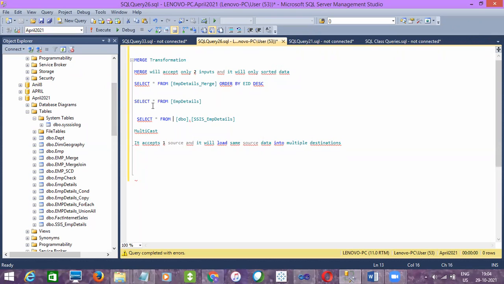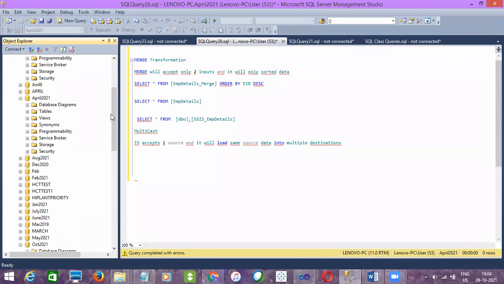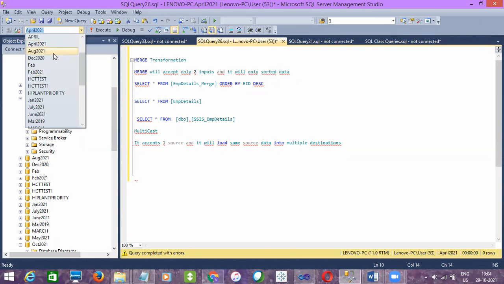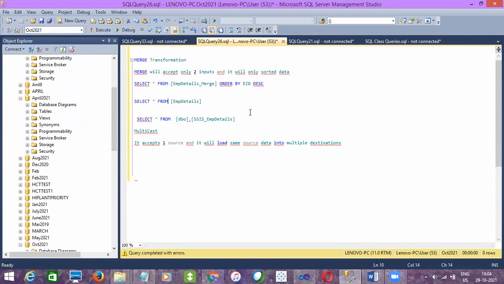Okay, let's check two of the destinations. The other one will load automatically, so there is no need to check the counts, right? So we'll just validate two destinations, October 2021 and here April 2021 dot table name. This is how you need to call the other database table from the current database.